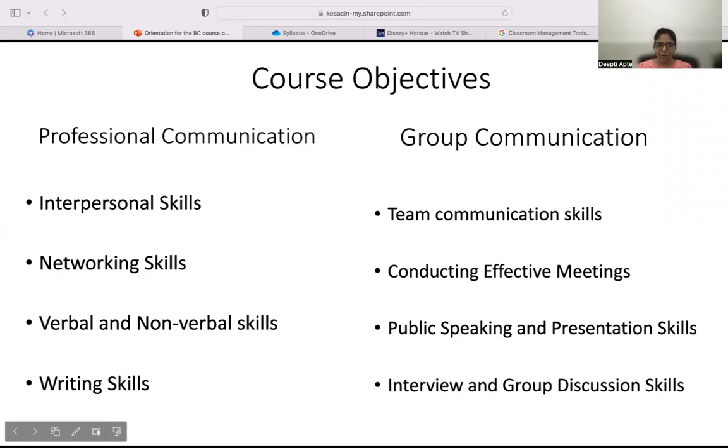When we say verbal and non-verbal, use of words and